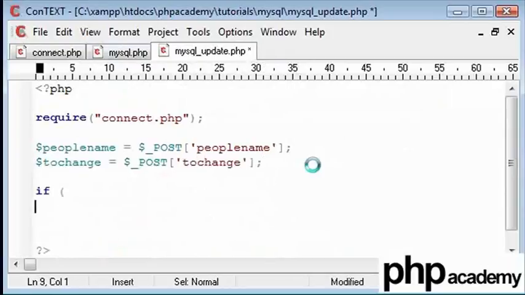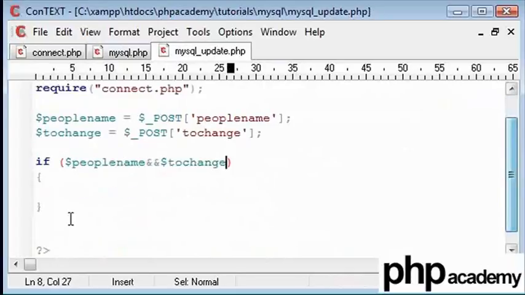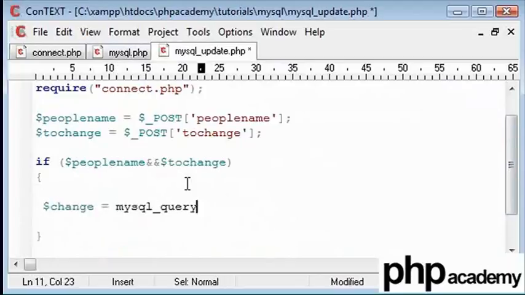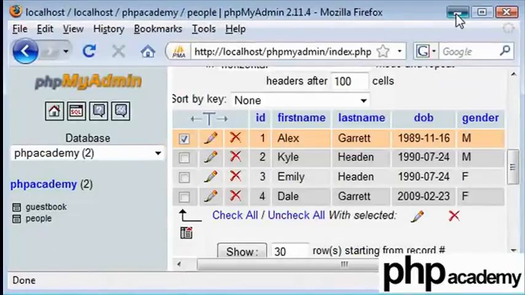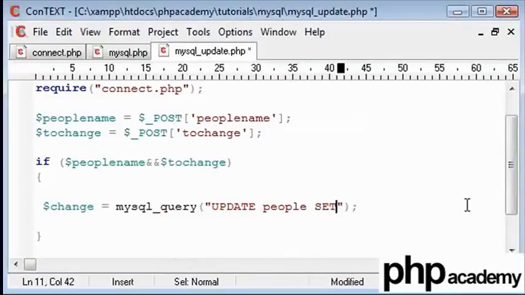Here I will code a brief if statement just to say if people name and to change. This makes sure that we have got both our values there. Then what we will do is type change equals MySQL query, and that is simply update people, which is the name of our table here. Update people set first name equals to change, where first name equals